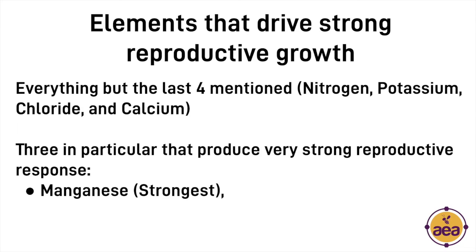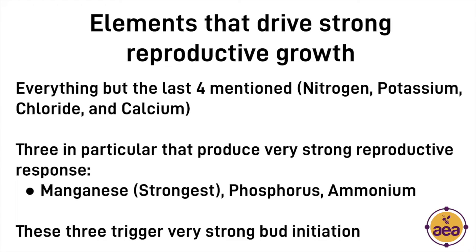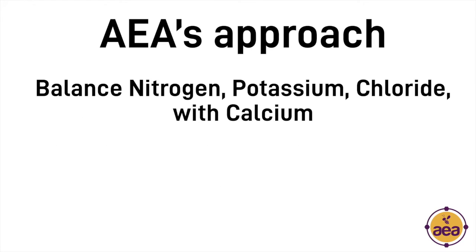The one trace mineral which has a very strong reproductive response is manganese. The second nutrient which has a big reproductive response is phosphorus, and the third is ammonium. And so each of those 3 elements, which I described, also triggers very strong bud initiation. And in our approach to agronomy, what we've sought to develop and work with in different operations that we've worked with, many different crops that we've worked with, is to balance